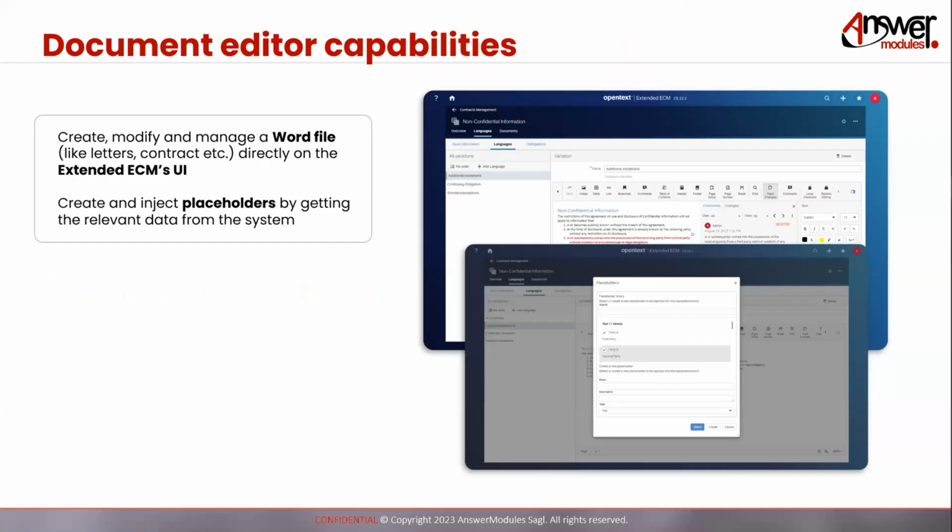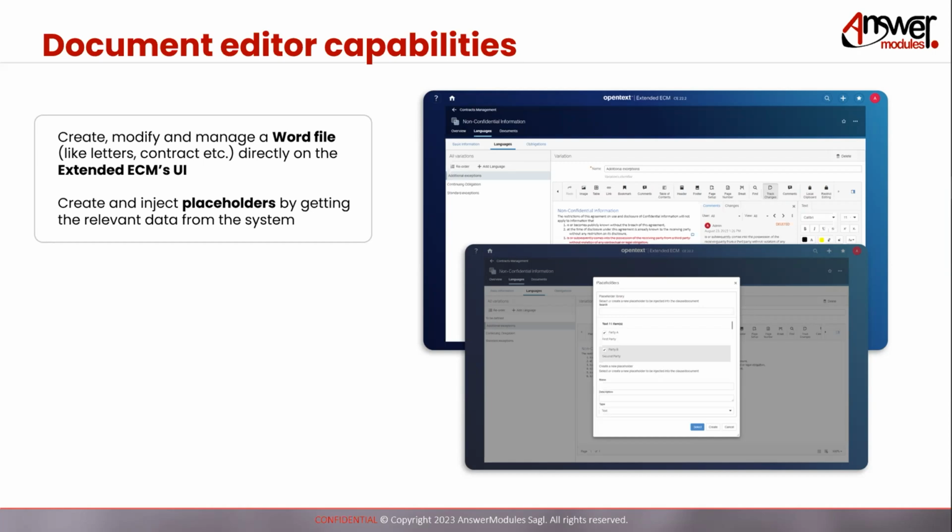So first of all, document editor capabilities. As you know, we have recently started introducing with the module suite 3.3 some additional widgets, and as promised, we are increasing the capabilities of the new widgets that we're bringing into the system.